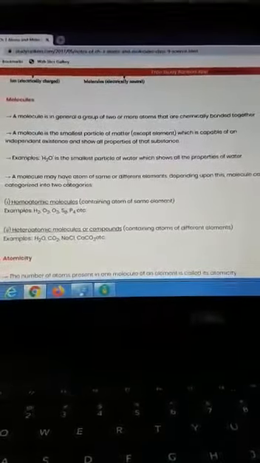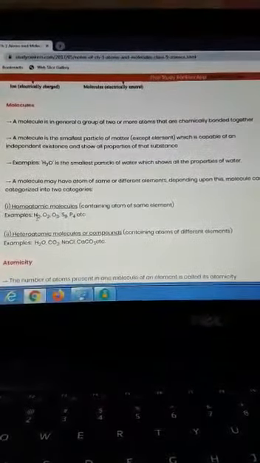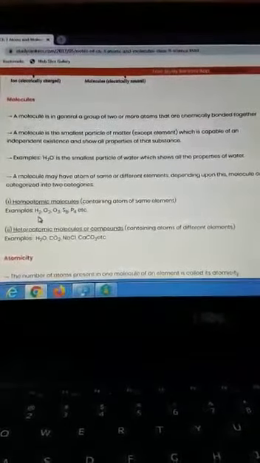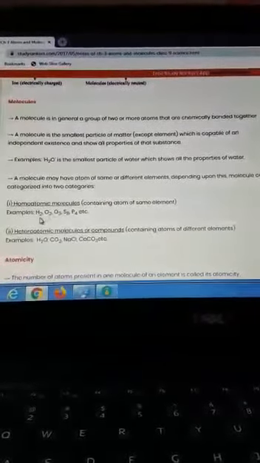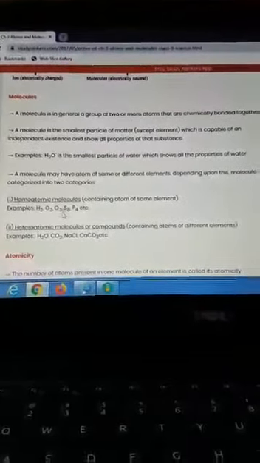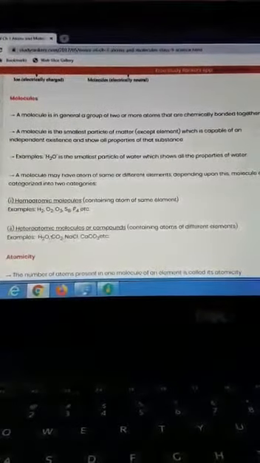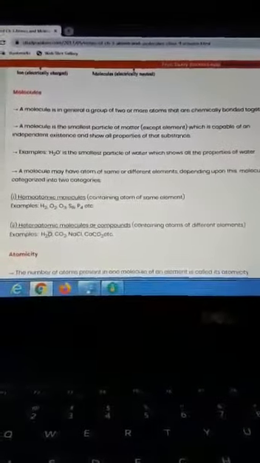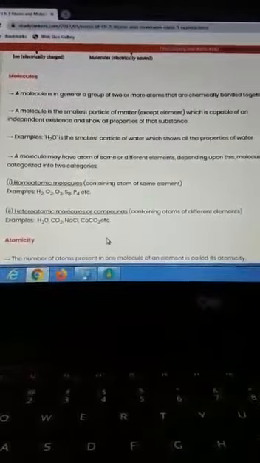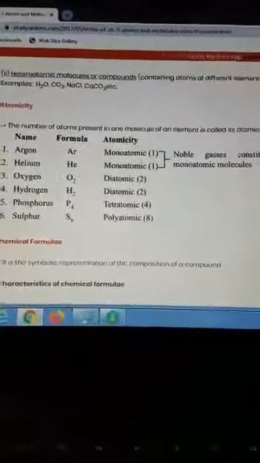Now some of the elements like hydrogen, oxygen, sulfur, etc., can combine by themselves. That means in hydrogen, H2, you can see that two hydrogen atoms have combined and formed the molecule. These types of molecules are called molecules of elements. That means the same type of atoms will combine. But here you see molecules of compounds. Compound means different types of atoms of elements will combine and form this type of molecule. Am I clear? That means different types of elements will be present.